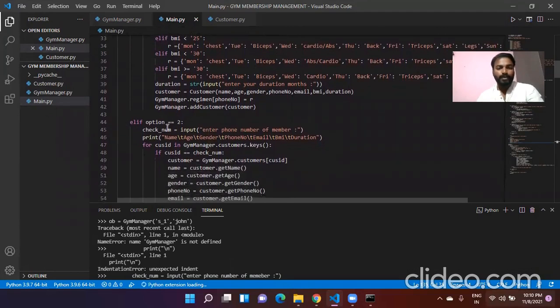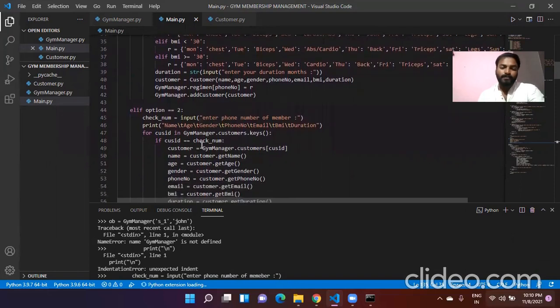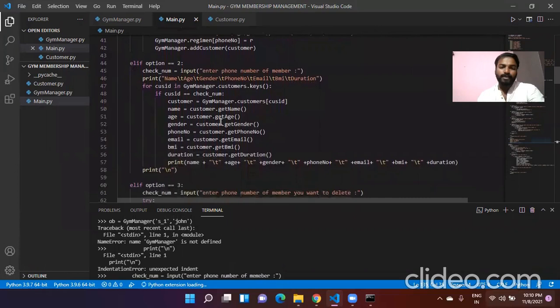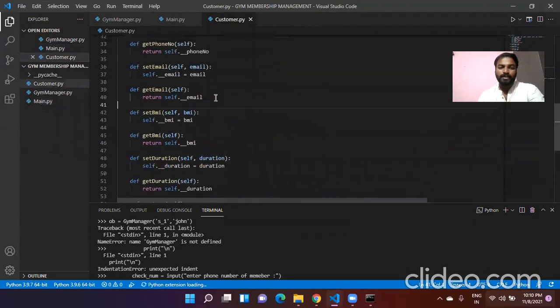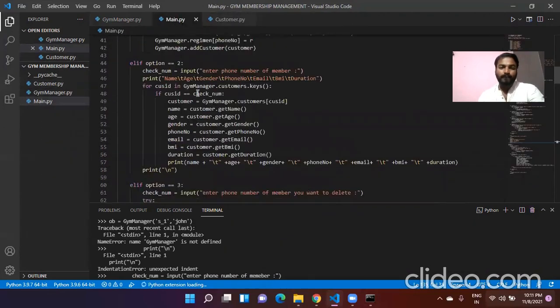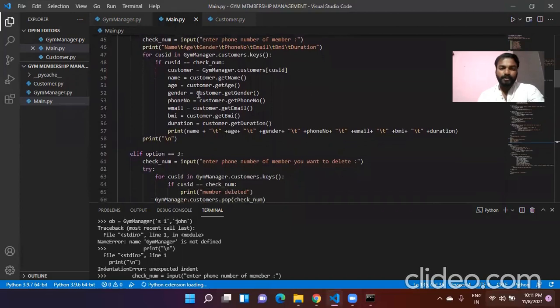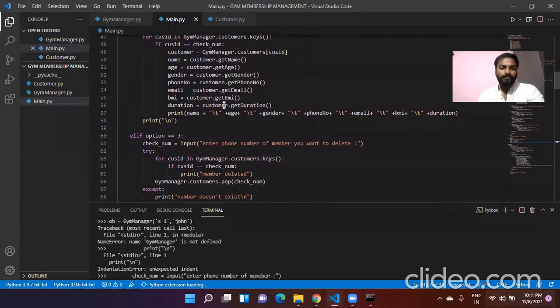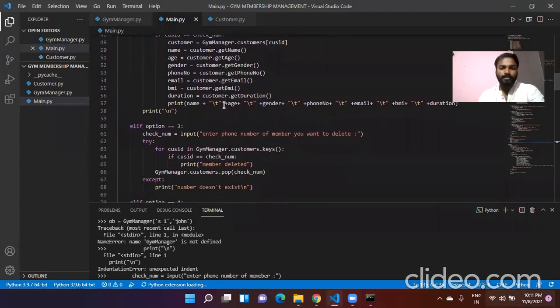Well, if option 2 equals this, it will show the member details. Here I use get name, get age, get from the customer's data. So we provide you the view of the members, the members of the gym.